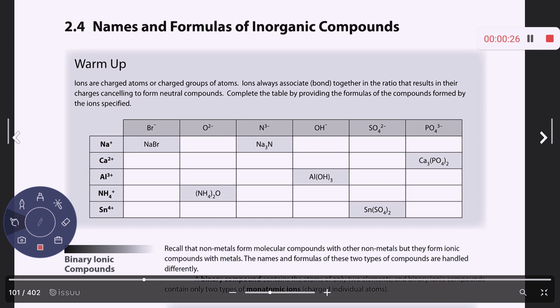So I'm going to teach you how to name chemical formulas and write chemical formulas. And there's a specific method to doing it. There's a right way and a wrong way. And we're going to start with the warm-up just to sort of get you acquainted with this concept, okay? So in the warm-up, you'll notice that on the left-hand column, so right here,